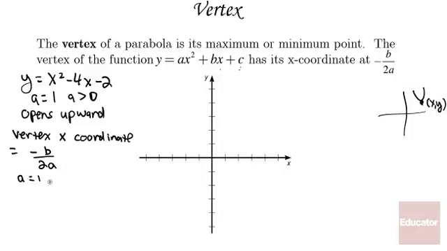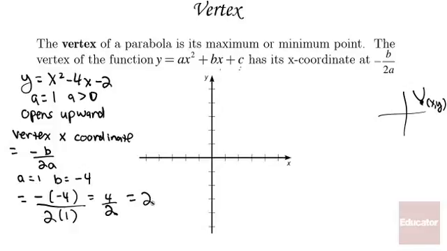My value for b is negative 4. So let's substitute these values in this formula. Negative b would give me negative 4 over 2a, so 2 times 1. That's going to give me 4 over 2, or 2. Okay, now you've got to remember what this is giving you, and it's giving you the x coordinate